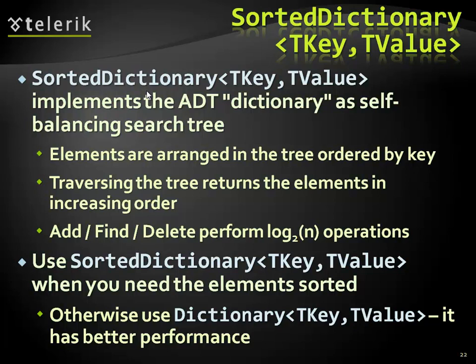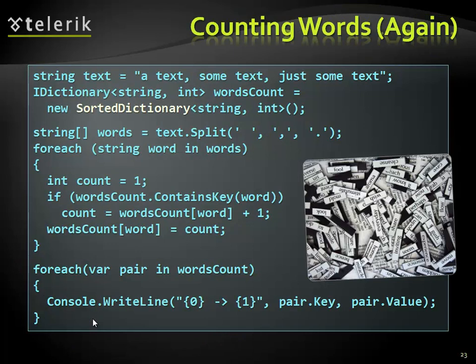You can implement your own binary search tree even. Okay, so if you happen to need a binary search tree, you could use a sorted dictionary. You could always go the other way around. Okay, so that's about it for the sorted dictionary. How do you add elements? The same way you do with a normal dictionary. It has the same operations, the same methods like contains value, try get value, etc. When you traverse it with a for each, the only difference is that you will get the keys